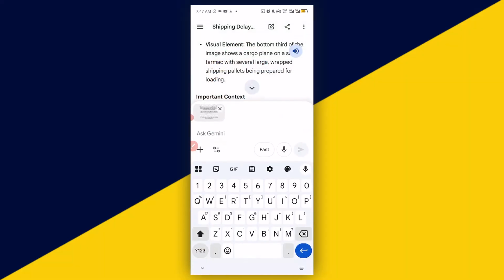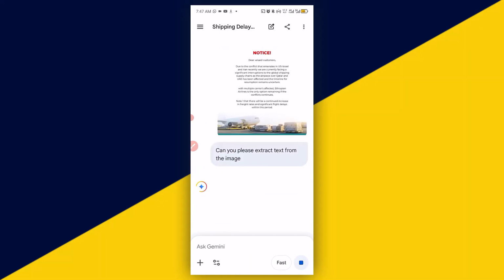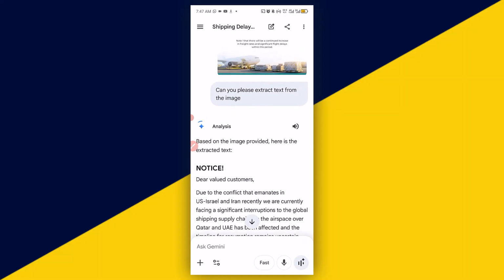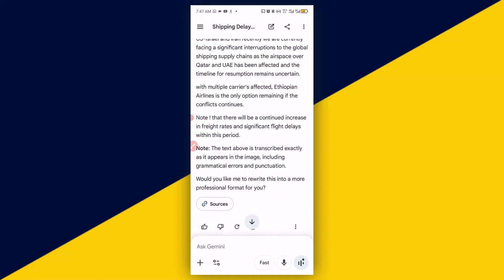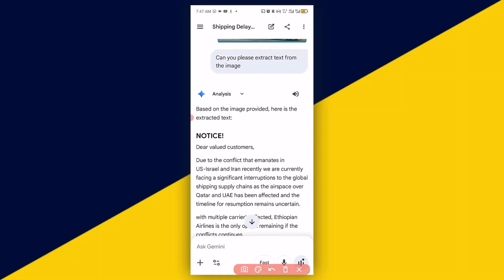Then done. Then I will now say, can you please extract text from the image, and send. Just like so, the text has been successfully extracted. Next thing we want to do here is to click on this icon just to listen to